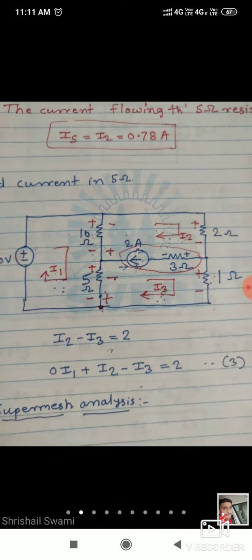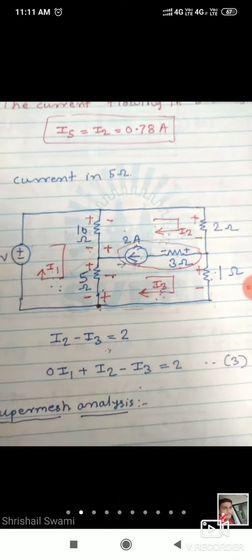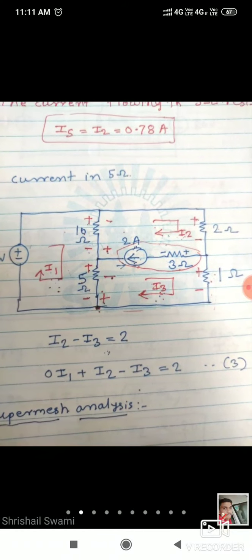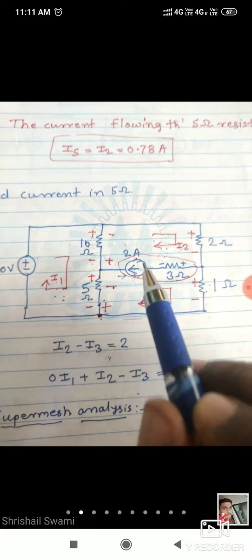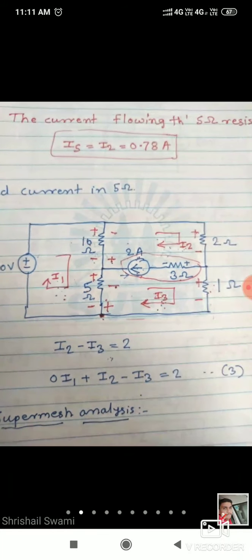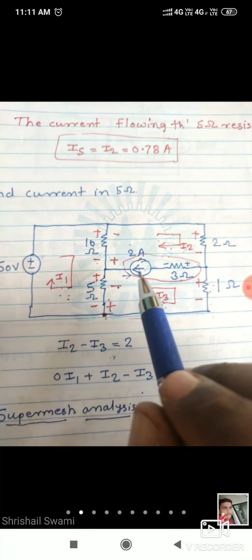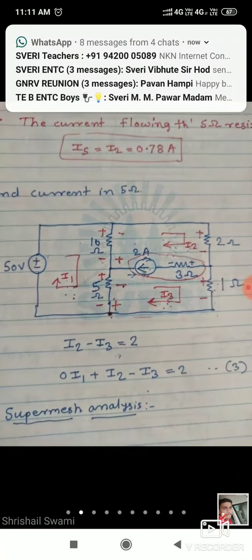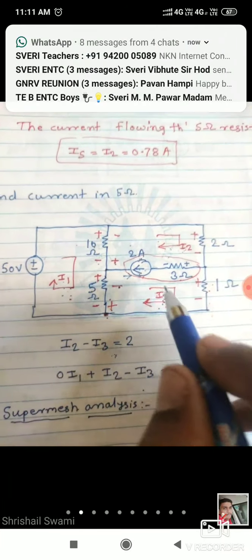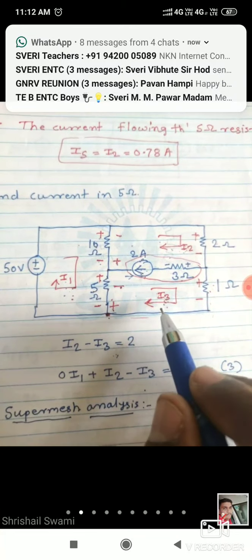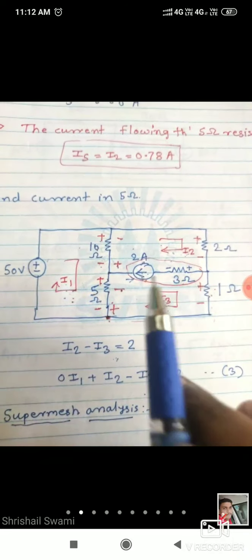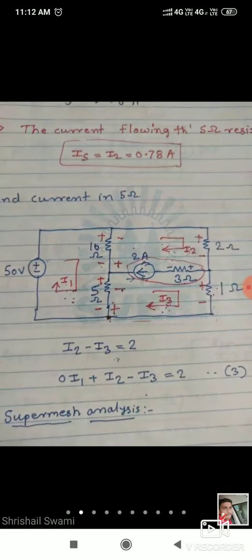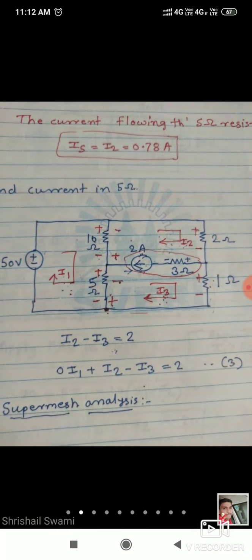When you observe a current source, we cannot find the voltage across this current source. So obviously, in the first and second steps only, we can identify that this is a problem related to super mesh. We cannot solve it by simple mesh analysis. We can solve such problems by using super mesh. So two steps are over. Mark the polarity here also. Once the two steps are over, you can easily identify that this is a super mesh. So apply the steps of super mesh analysis.